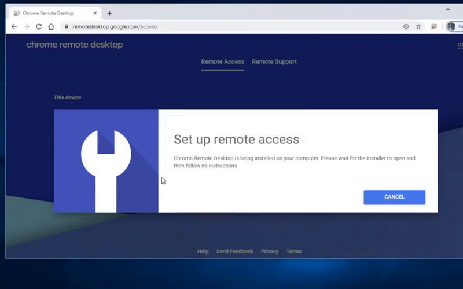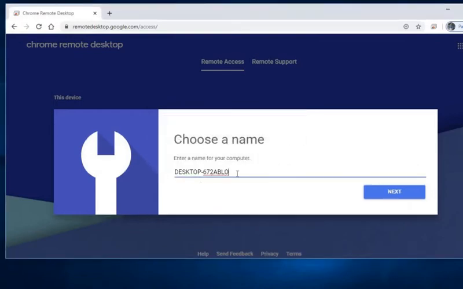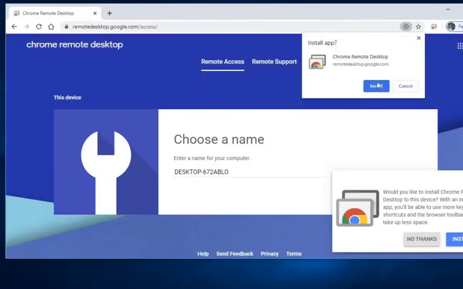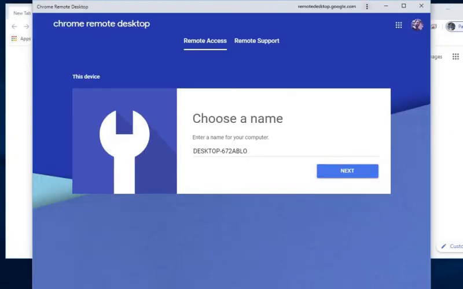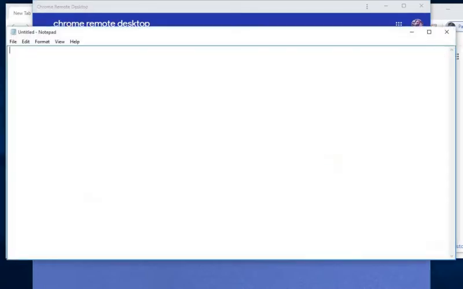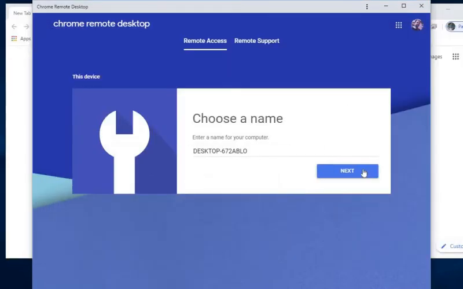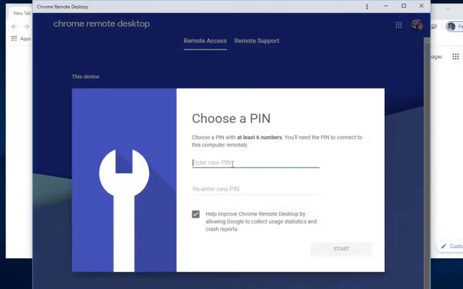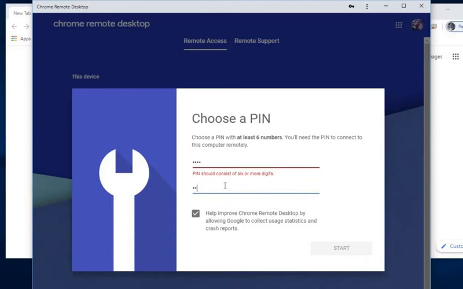After the installation, you launch the app and it will show you your desktop name, and then when you move next to configure it, it will ask to set a pin. It can recognize the valid user using this pin. If someone wants to access it from a mobile device, the mobile will ask for this pin to be set on that device to access this computer. So click start.